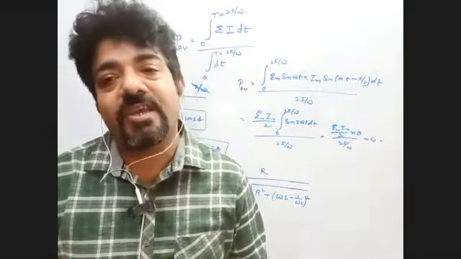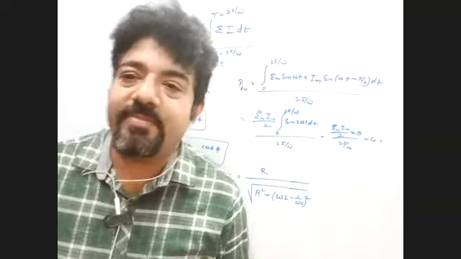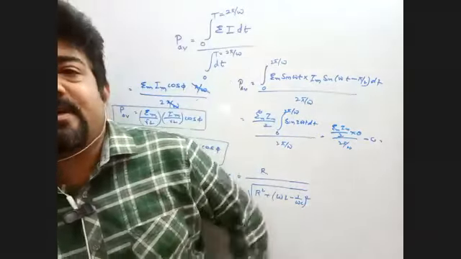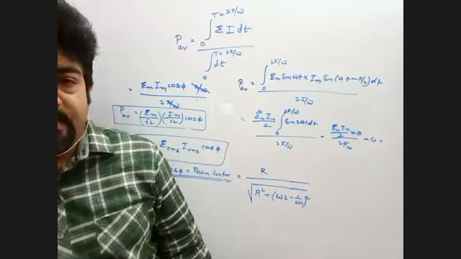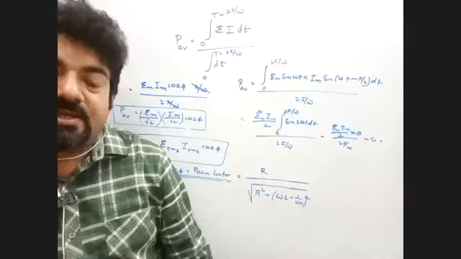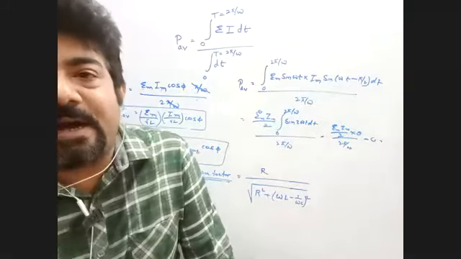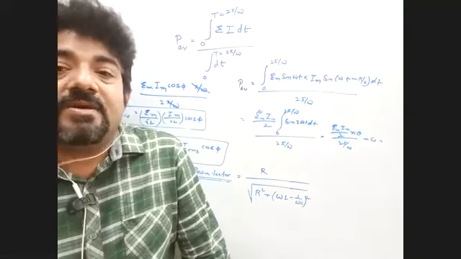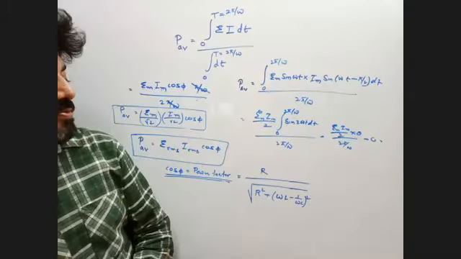Number one, why do we use the average value? Because you are getting sine square, the total value will always come positive, there is no scope for negative. So you can take half, you can take full, no problem at all. That's the first thing. So that's why for measuring the power, we use P average, but for E and I, you have to square it, otherwise it becomes zero. So you get the first question.